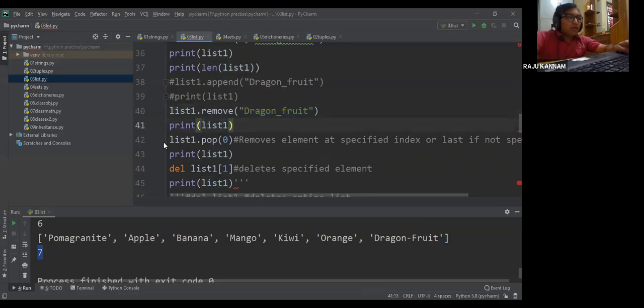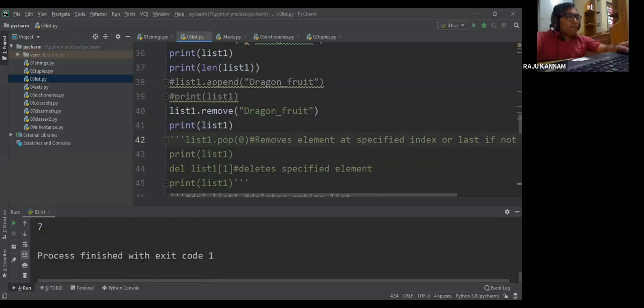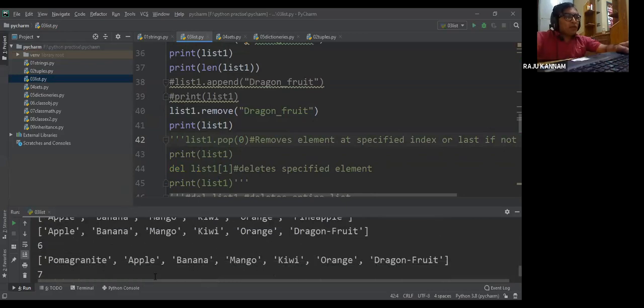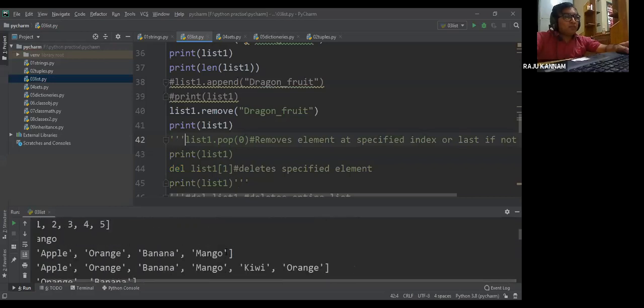Now we don't want dragon fruit since it is from China, right? So okay, we can delete it. See here, pomegranate, apple, banana, mango. Sorry, some error has come. Maybe a commenting issue.